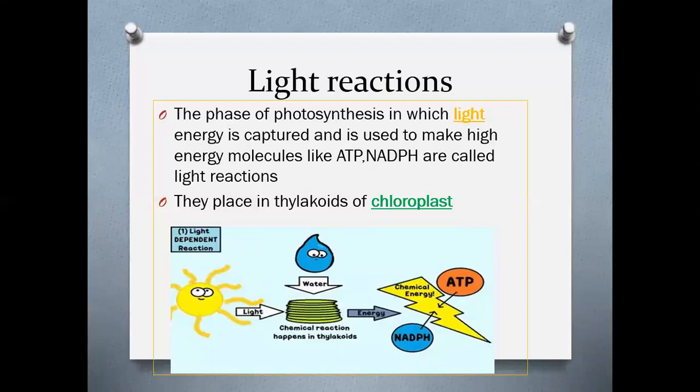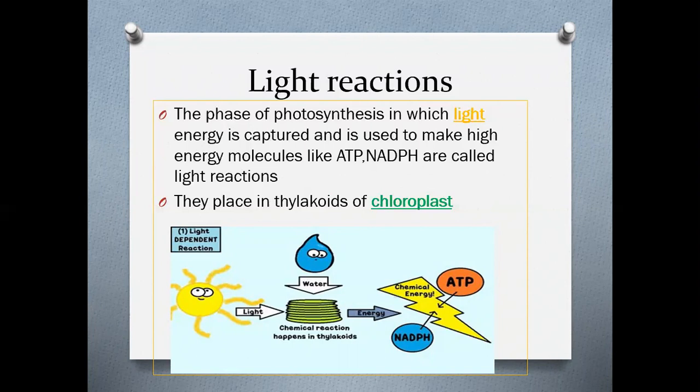Before starting our new topic, we have to understand the basic concept of photosynthesis, which we have already done in our previous lesson. Let's have a quick recap about what we studied last day. It was about photosynthesis and redox reactions. We also learned a mnemonic, Leo says Ger. Loss of electron is called oxidation. Gain of electron is called reduction.